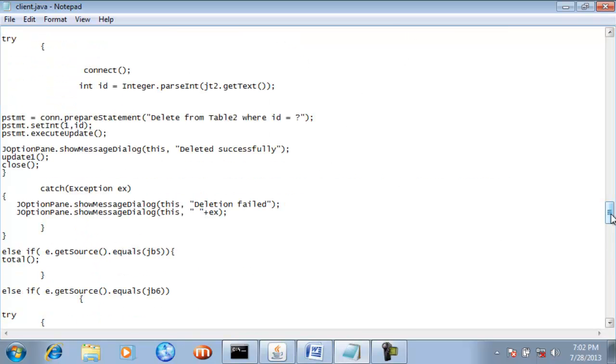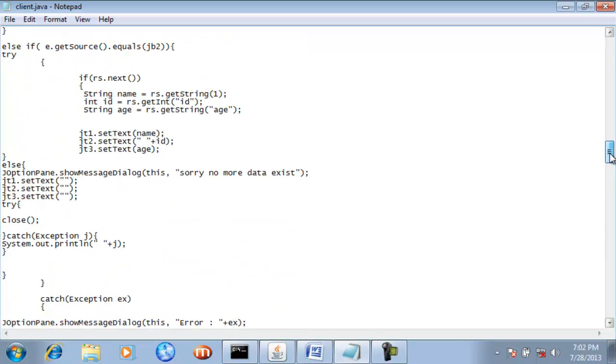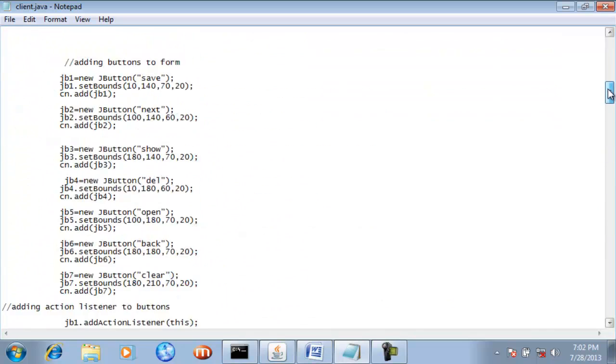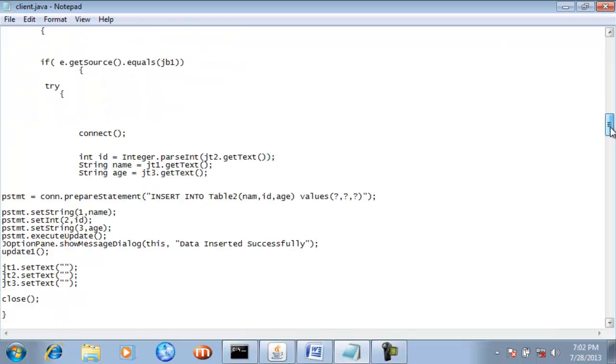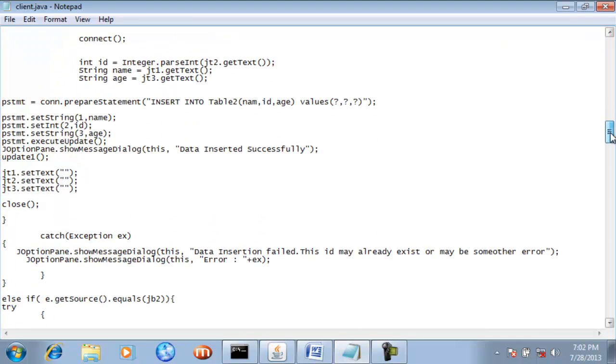And guys, if any error arises while inserting data into that MS Access database, then I have used the catch block to display different errors. Here you can see that we have used the catch block, and I have used two errors: data insertion failed, this ID may already exist, or maybe some other error. So this error I have written, guys,